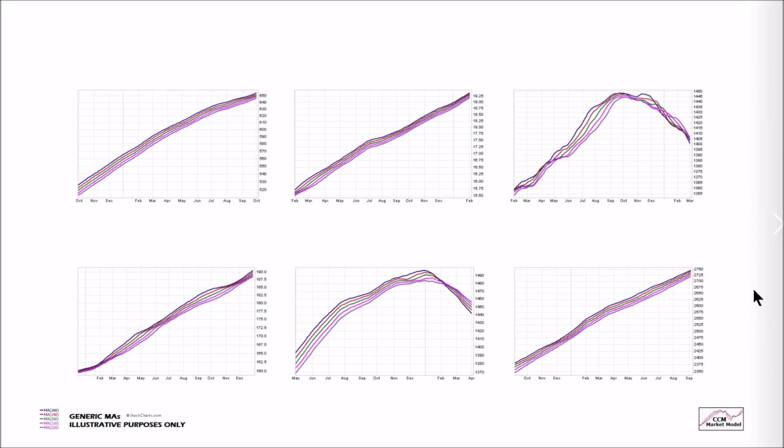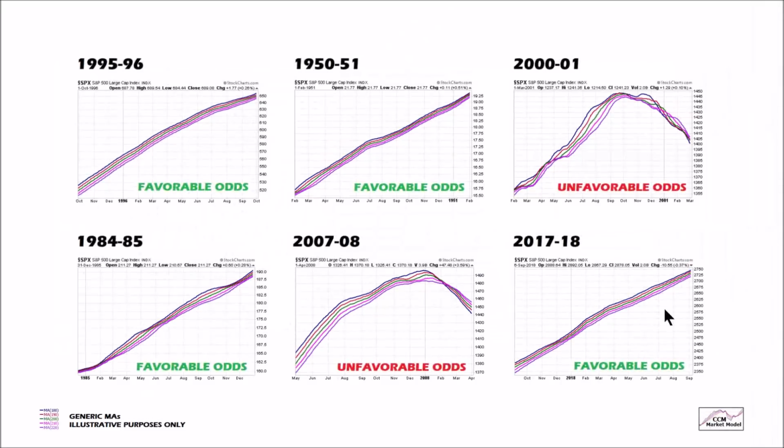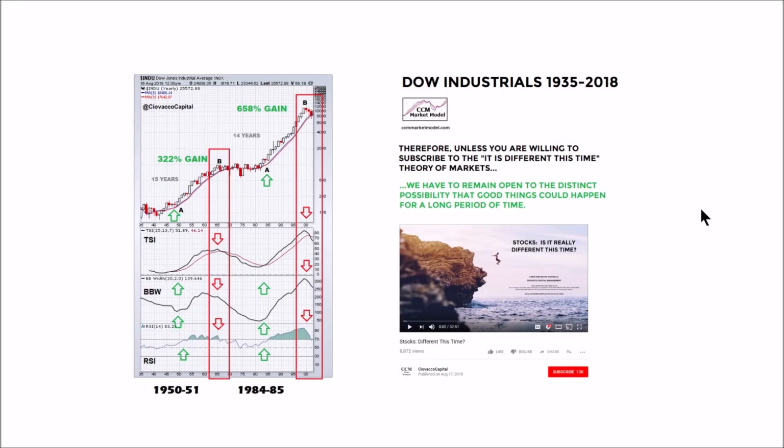When we remove the dates, we remove our personal bias. Without the dates, it's very, very easy to see that the present day unequivocally looks more like these favorable periods and really doesn't look anything like these unfavorable periods. Which is the same conclusion that we drew attacking the problem from a different angle in the August 17th, 2018 video,